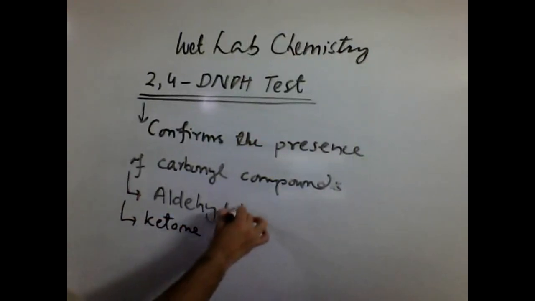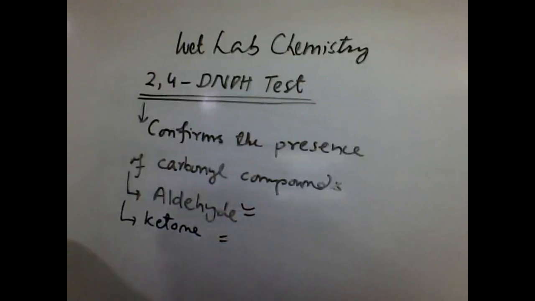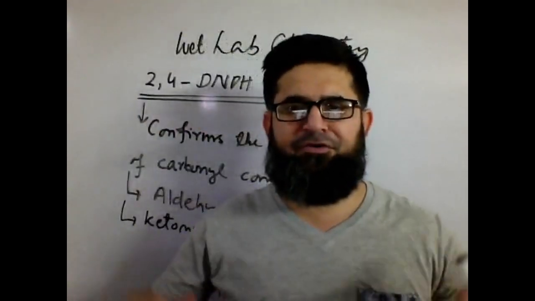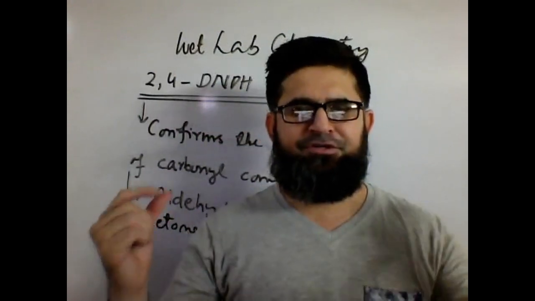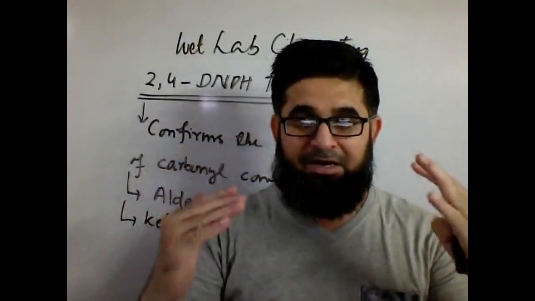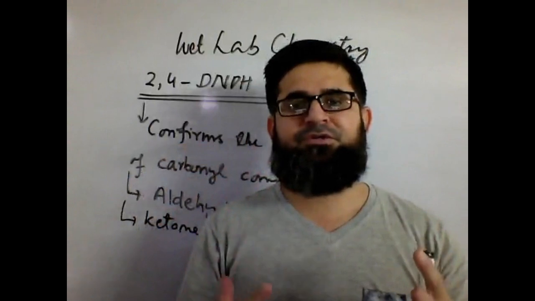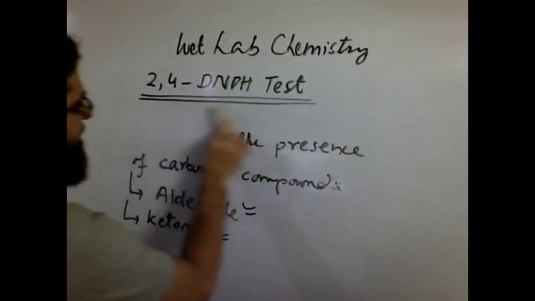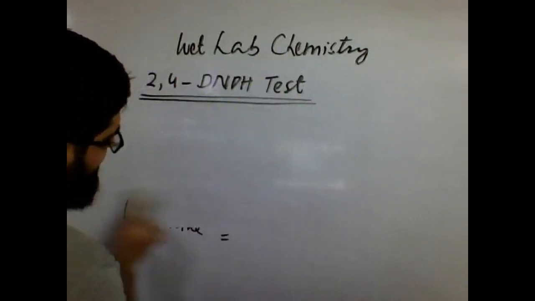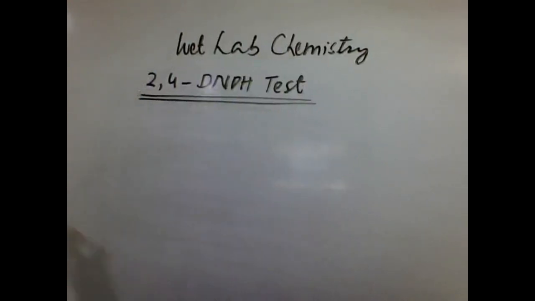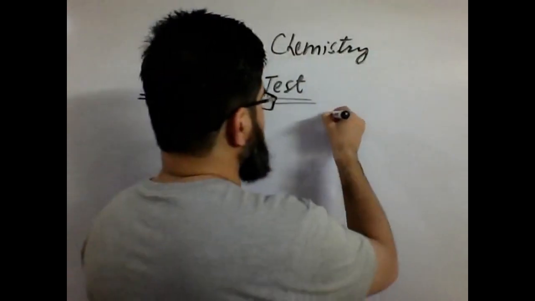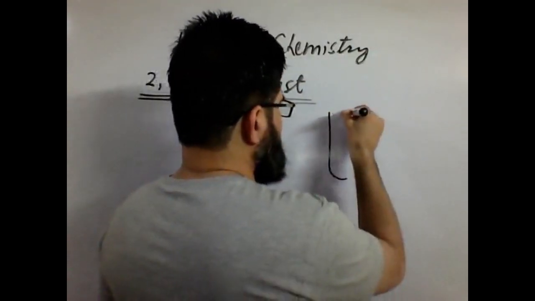These two fall in this category. So the 2,4-DNPH test in fact confirms the presence of aldehydes and ketones. How it helps to confirm, that's what we are going to discuss now. How you perform that 2,4-DNPH test: